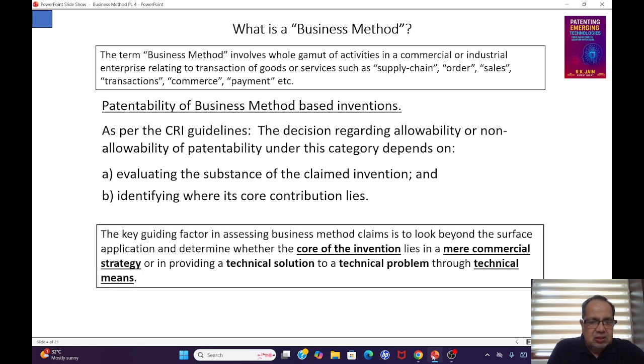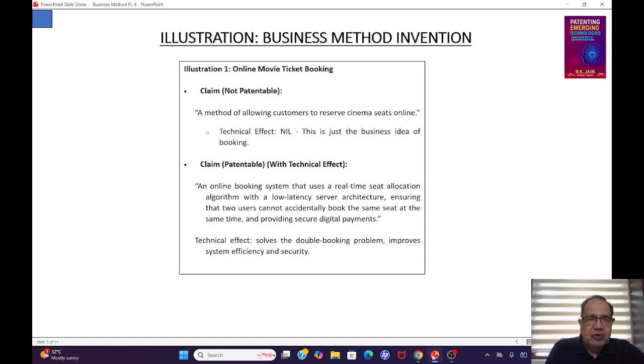The key guiding factor in assessing whether that invention is patentable or non-patentable is to determine firstly the core of the invention and then assess the core of the invention to see whether it is a mere commercial strategy or whether it is providing a technical solution to an identified technical problem, and that too through technical means. So with this background, let us now proceed to take a few illustrations about the business method based invention and their